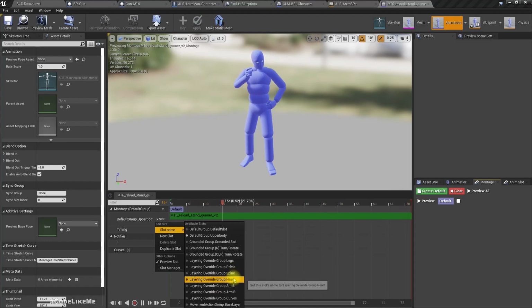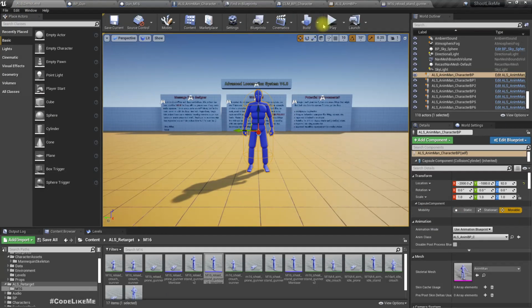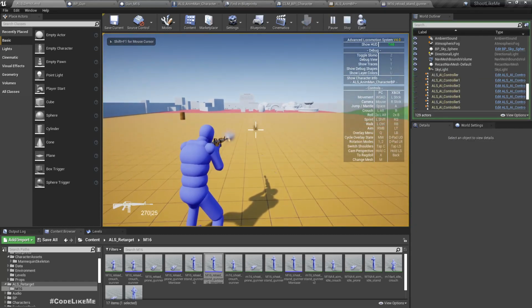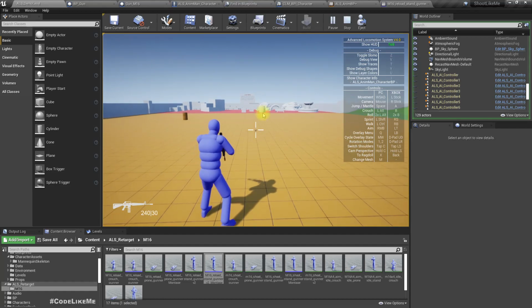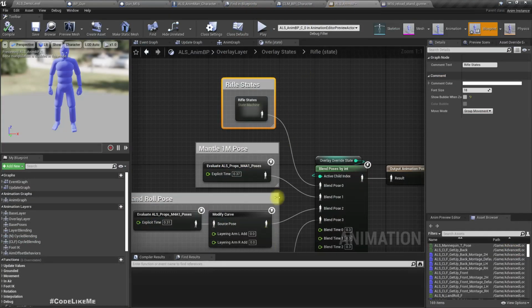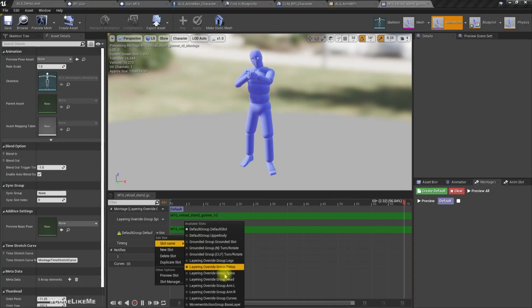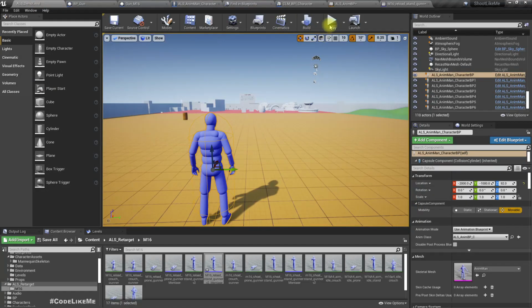But if I select spine and save, still I wouldn't get the desired result, but some of it. See, some changes are happening in the spine area, but not in the hands. So let me duplicate this slot and assign the arm L as well, but still you won't get it